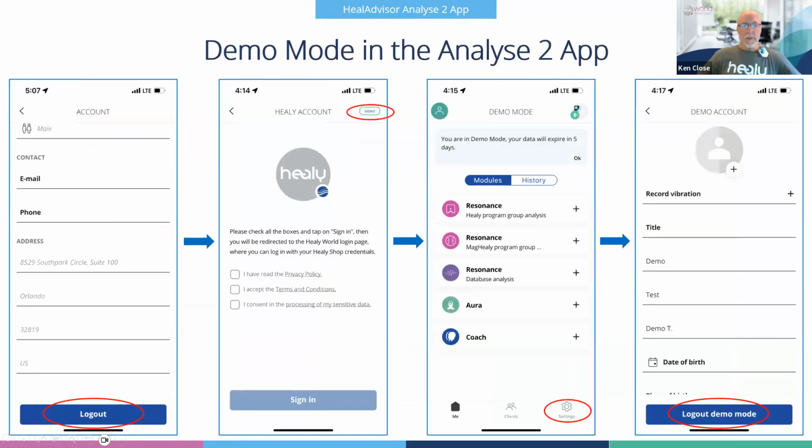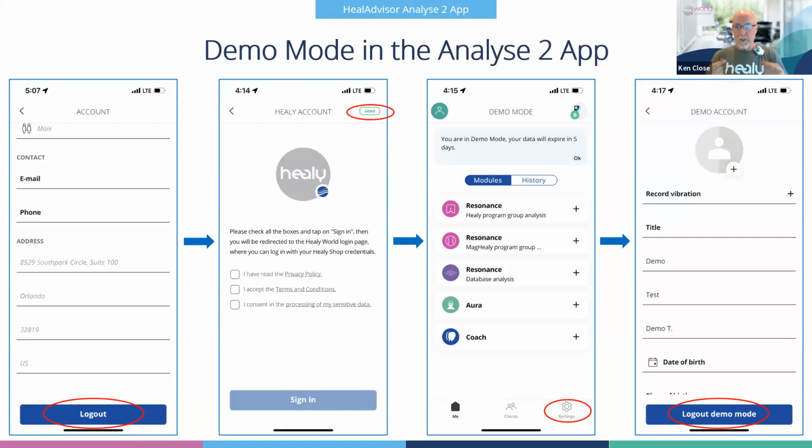Jake, I want to add something too, that there's some questions in the chat about the professional version versus some of the others. Now, when Jake's talking about the professional version of this app, it's not exactly the same as the professional version of the Healy.